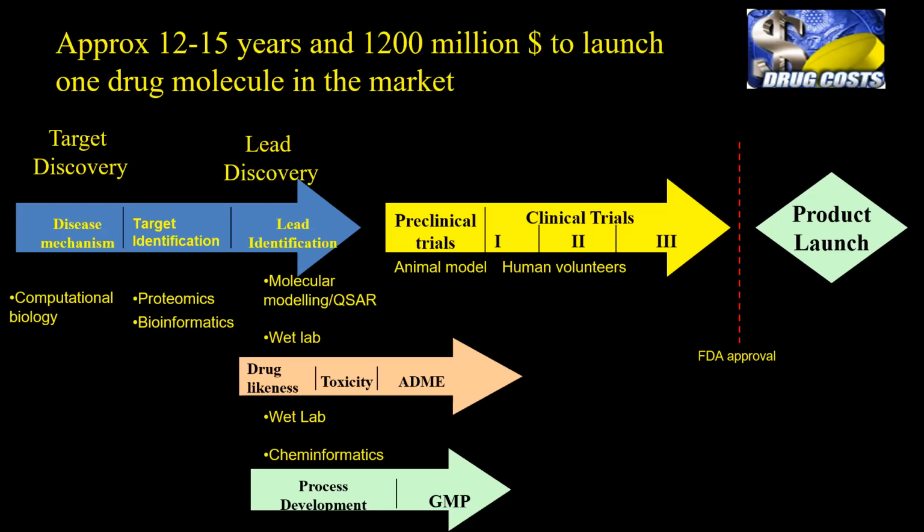So simultaneously, when you are working on new molecules in the lab, you must determine their drug likeness, absorption, distribution, metabolism, excretion, and toxicity properties using different software, and don't waste time on those which don't seem to have good properties. Select only those which have acceptable drug likeness properties. This has become part of drug discovery.